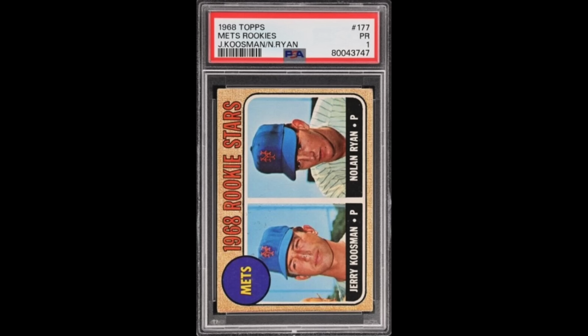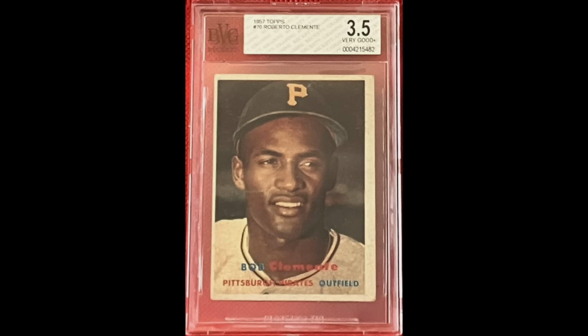And this is a situation where I think PSA does a better job labeling cards in this case. But I also fully acknowledge this may just be a personal preference thing, and I may even be in the minority here. All right, next complaint is with Beckett, and this is really an aesthetic complaint,